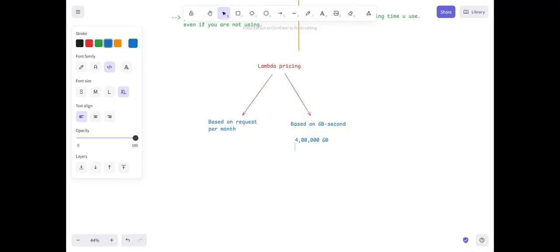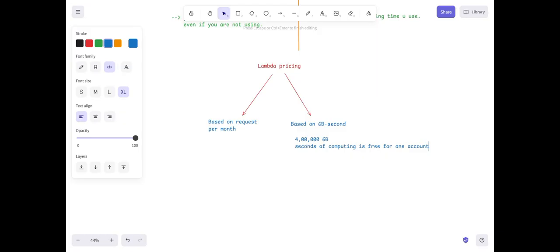For 4 lakhs of GB seconds of computing time is free for one account.